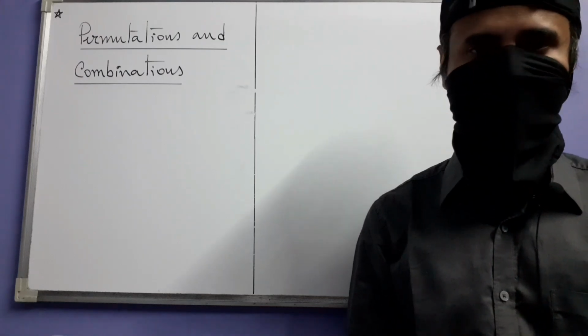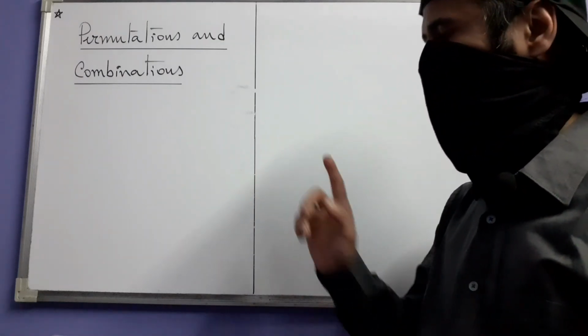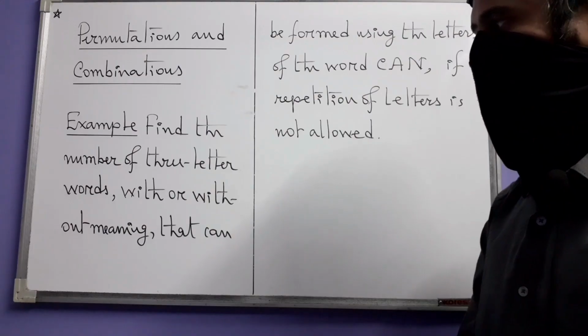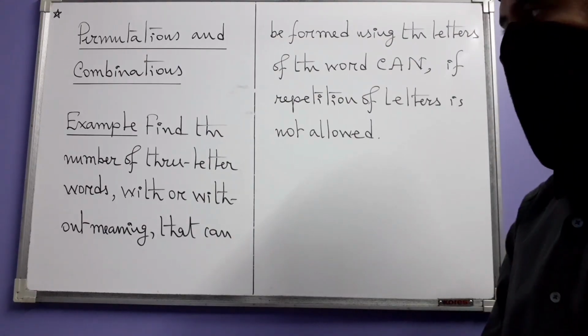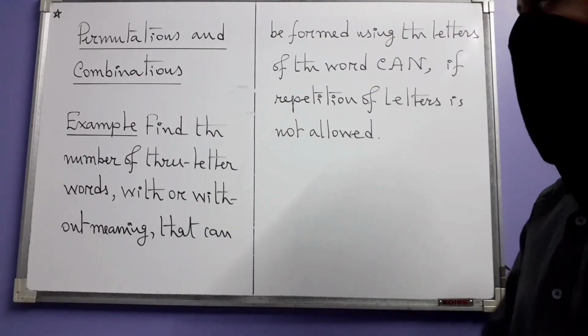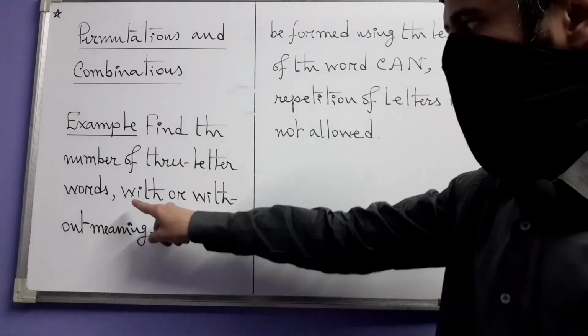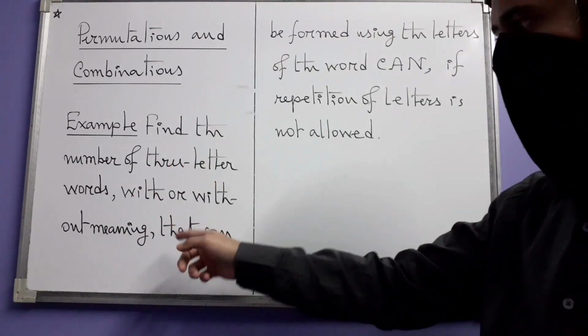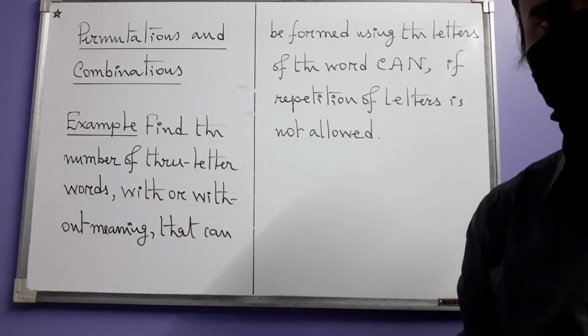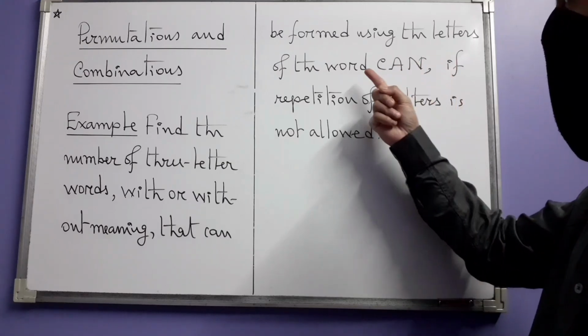We are starting a new chapter, Permutations and Combinations. We start with an example where we discuss something. Find the number of three-letter words with or without meaning that can be formed using the letters of the word